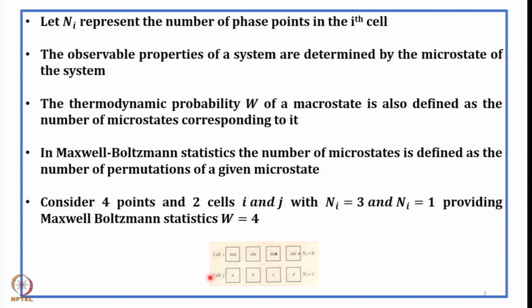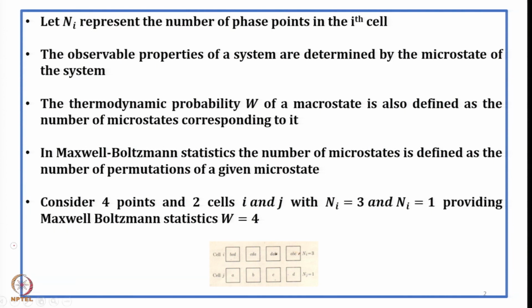Let us consider that out of these four phase points, three are kept in cell I and one is kept in cell J. So it is like two energy levels, and in one we have three molecules, in another we have one molecule. So what is the total number of permutations and combinations? The thermodynamic probability,